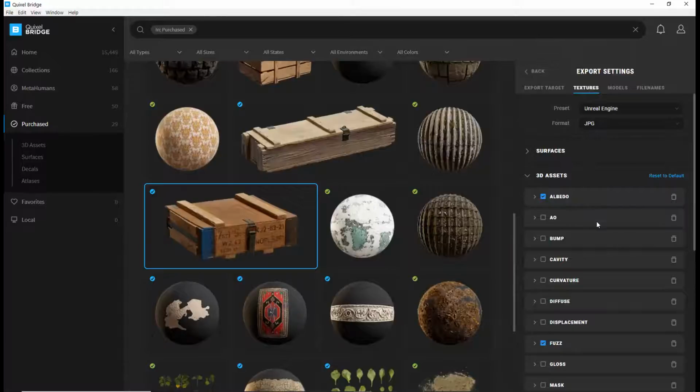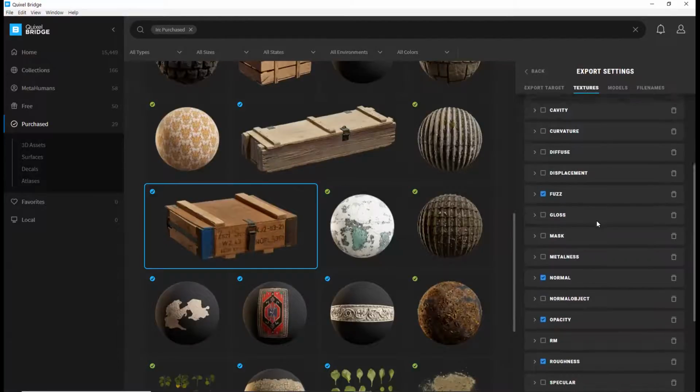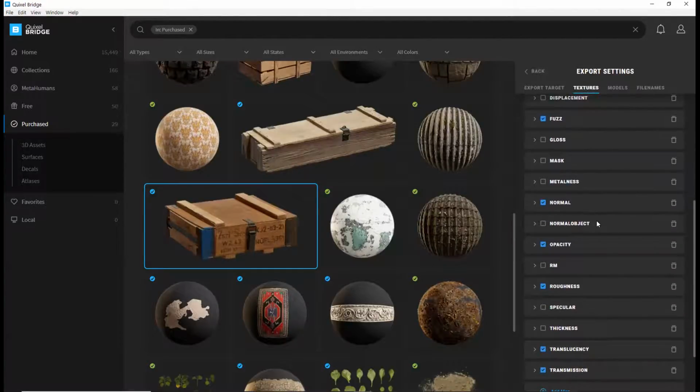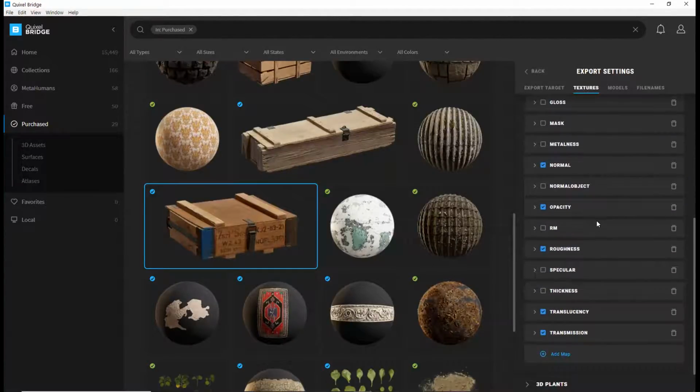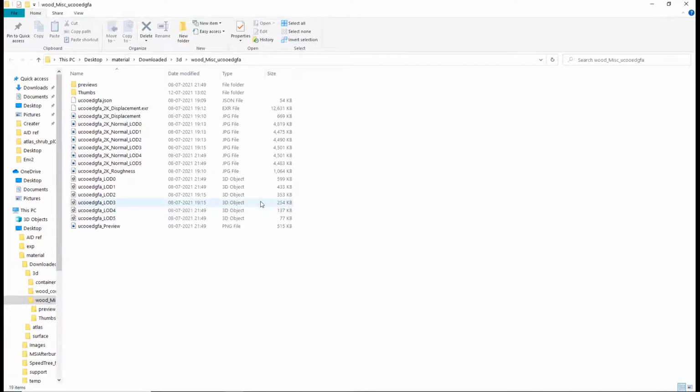I haven't even touched it. Okay. So this looks fine. I cannot see any issue here. So right click on the asset and go to files. Show me the folder. In that folder, you have all the textures, right? Yes, sir.